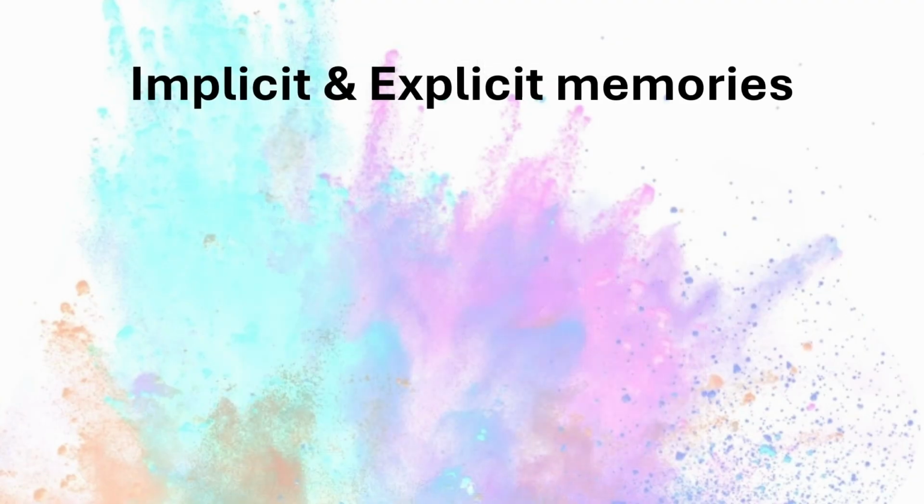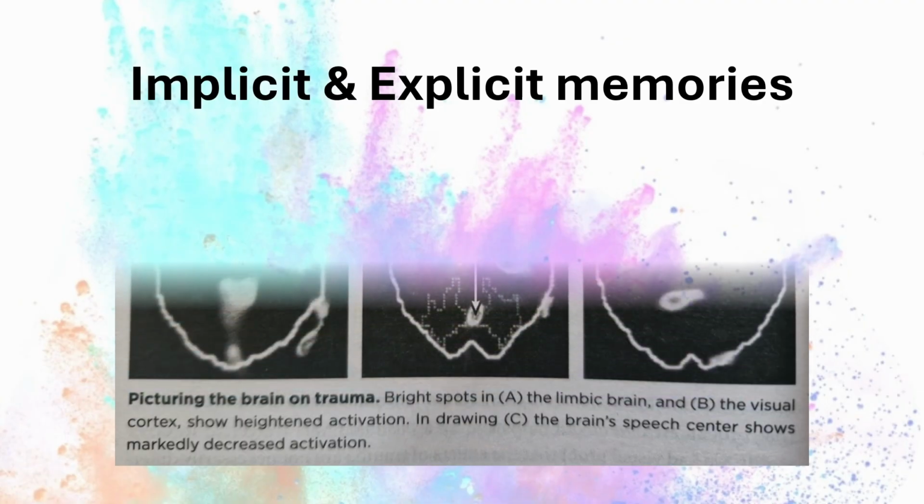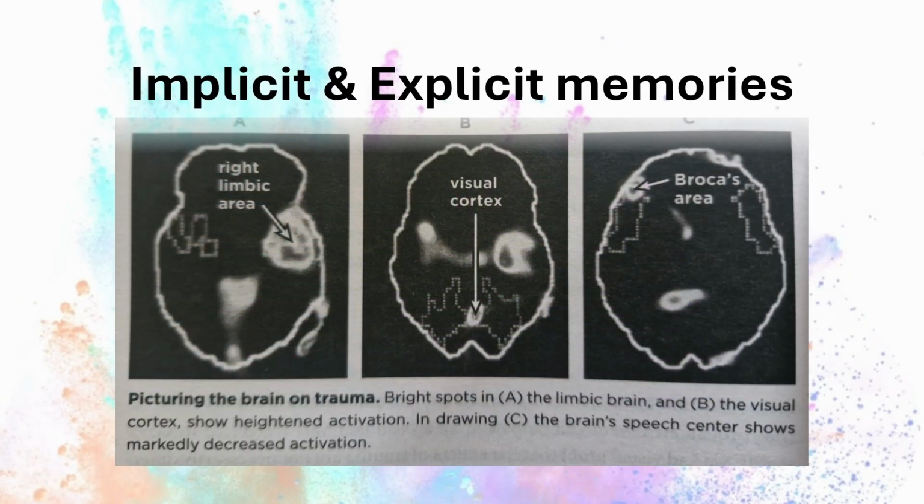Experiences can be stored in the brain either implicitly or explicitly. Explicit memory relates to conscious thoughts, words, actions, and facts, and is associated with the left hemisphere of the brain. Implicit memory is generally unconscious, bypassing language and consciousness, and is associated with the right brain hemisphere.